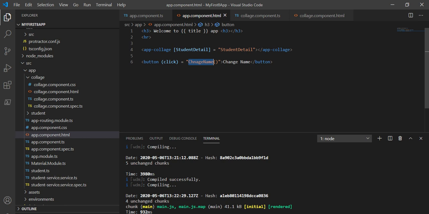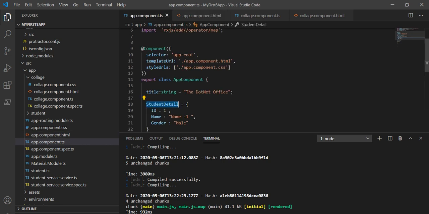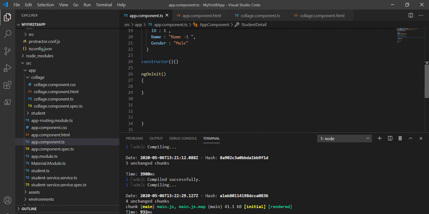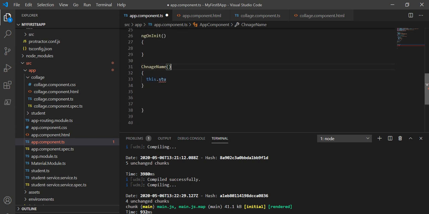So let's give the definition here. What I will write here is this.studentDetails.name property I am going to change, and I am going to give the name as name